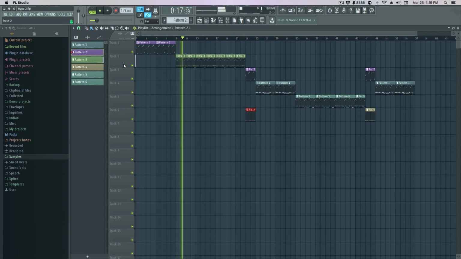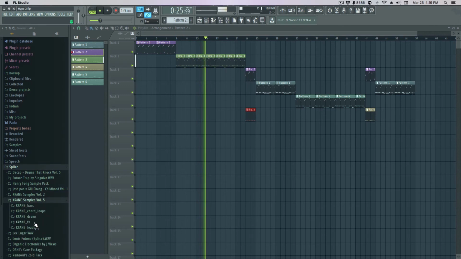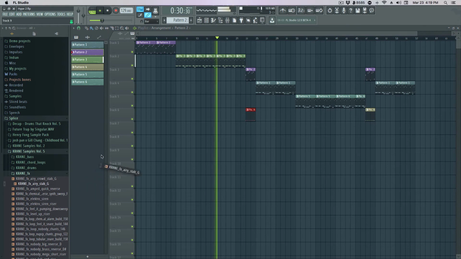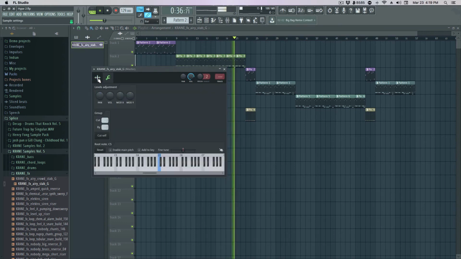And what I really like is, let's say you want to bring in a riser here. You can easily do that just by, let's say you have some Splice samples. You could just go in here, FX, let's say you want this to be brought in. You can just bring it in, and then you can tell it what key it's in. This one says it's G. You basically right click on it,